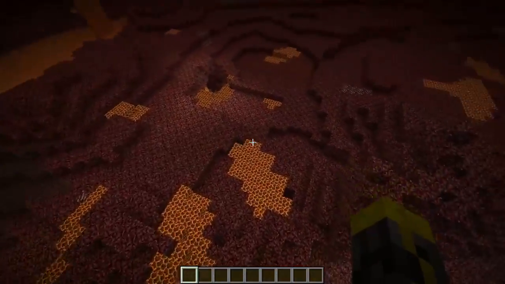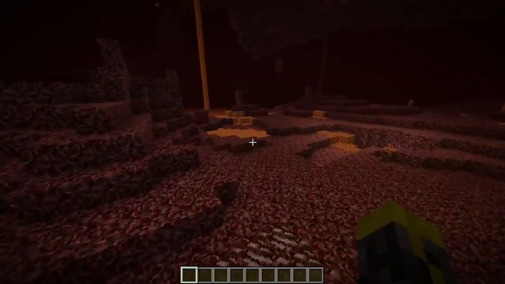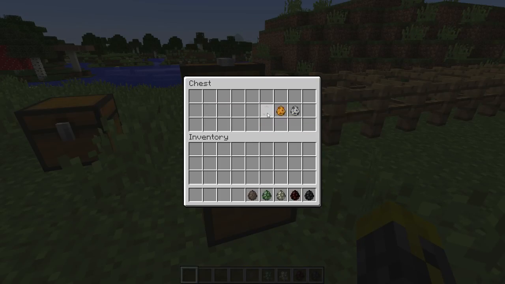So anyway, they only generate in lower levels of the nether, but there is a lot of it. So it actually will make your nether treks much more dangerous. There's actually only one set of new items in this update, and that is that there are 7 new spawn